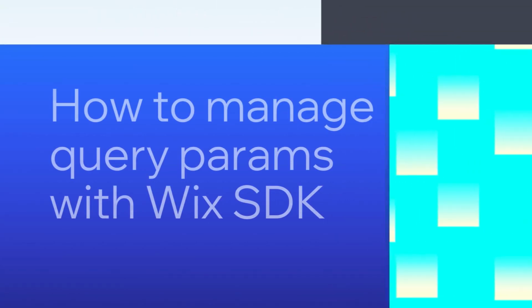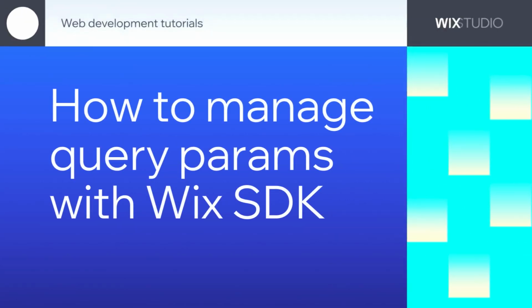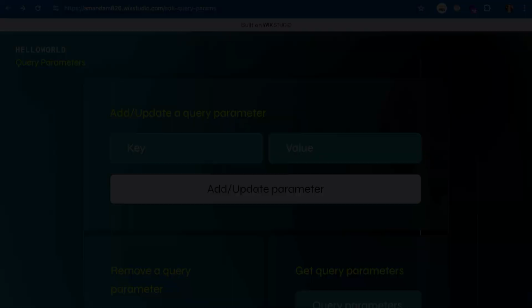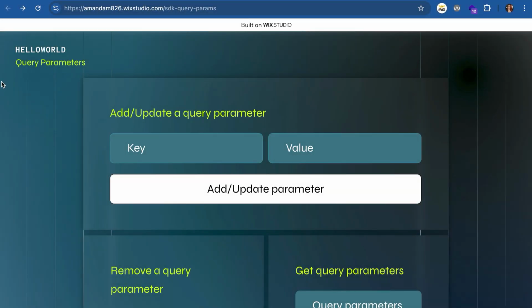Query parameters let you pass data through URLs, making it easy to create dynamic content, filter results, and manage state in your web applications. In this video, you'll learn how to use the Wix Site Location SDK to create and manage query parameters. Before we dive into coding, let's quickly go over where query parameters appear in a URL and